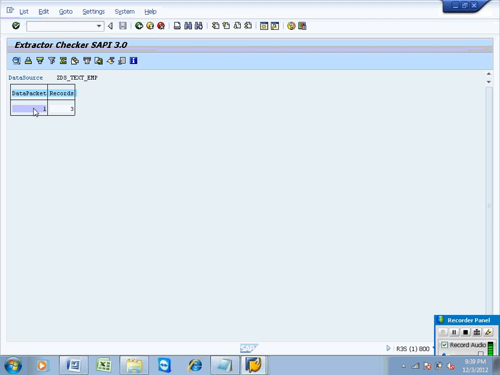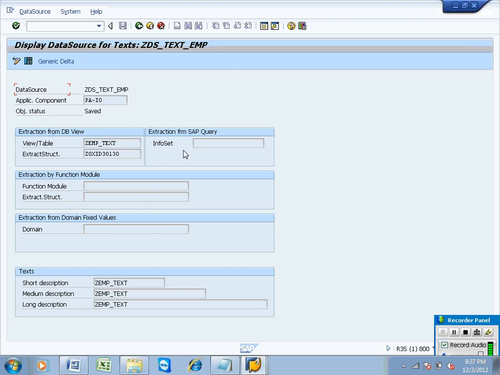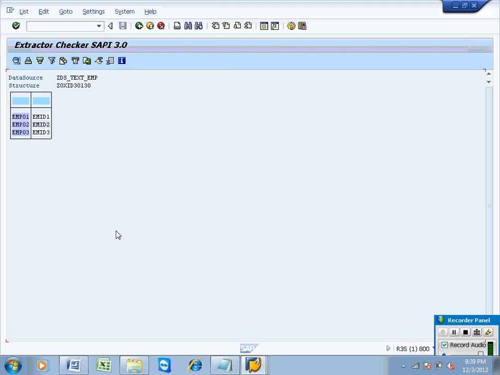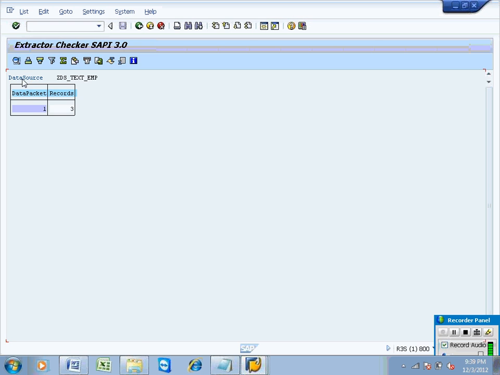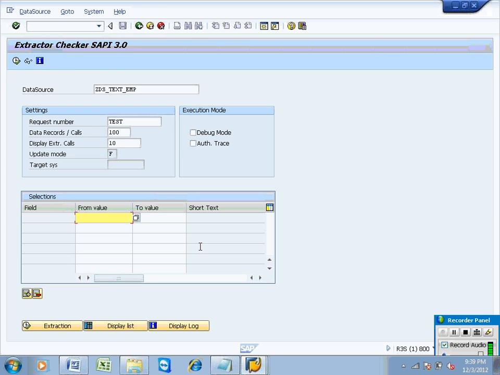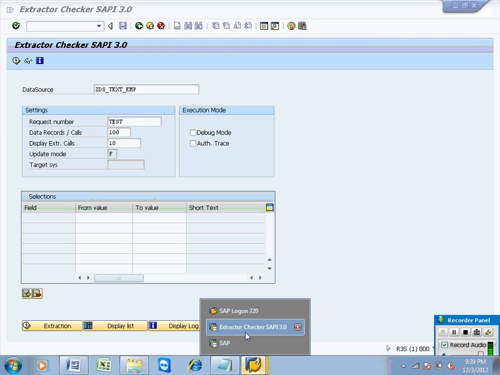We have three records, and these 3 records extracted from the database are bundled in one data packet. Whenever you click on display list, it will showcase one data packet, and in that one data packet we have 3 records. Now, the simulation is working fine, and you need to trigger this data source or extractor using an InfoPackage.